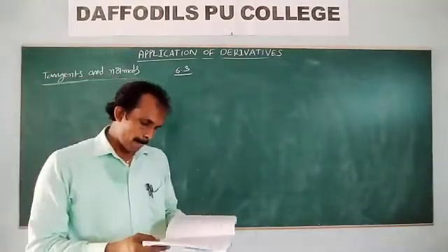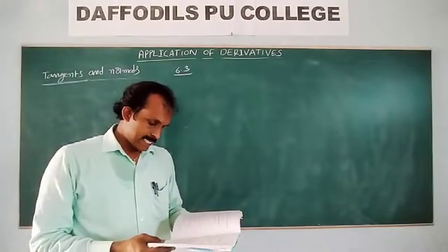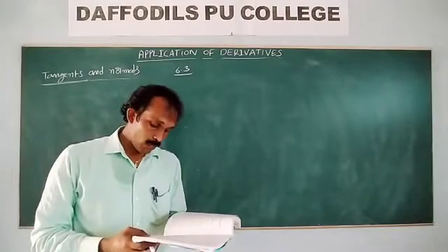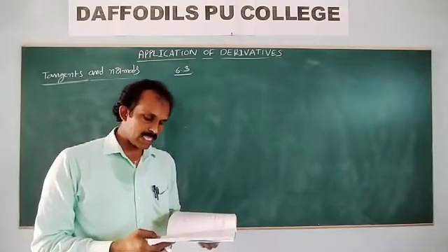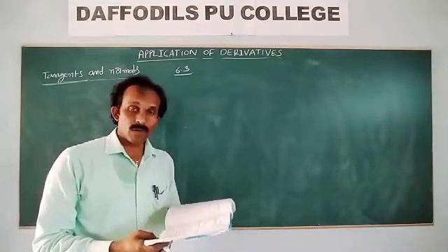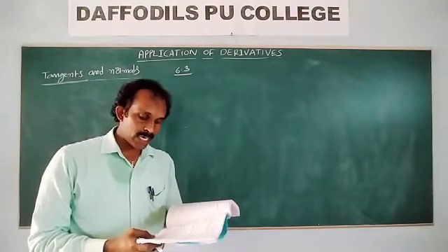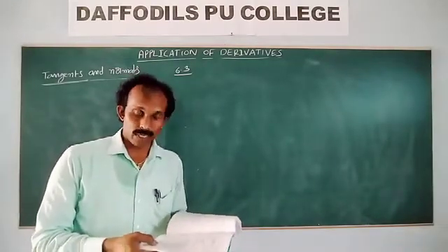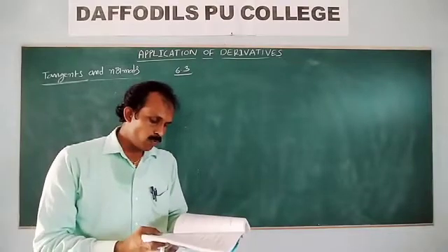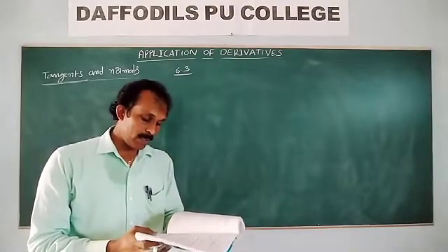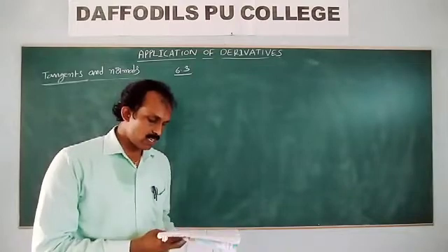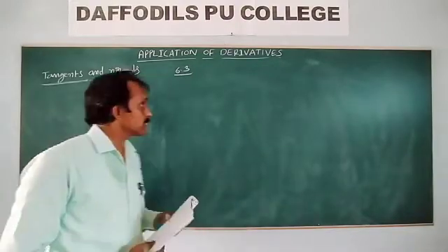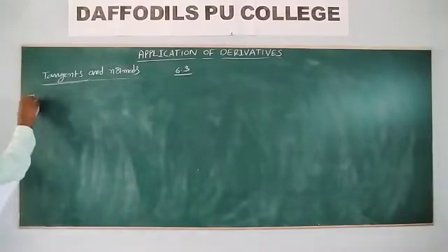Next question, the same, sixth question. Find the slope of the normal to the curve x is equal to 1 minus a sin theta, comma y is equal to b cos square theta at theta is equal to pi by 2. We do this problem as homework. Next, seventh question. Find the points at which the tangent to the curve is parallel to the x-axis. Right. Seventh question.